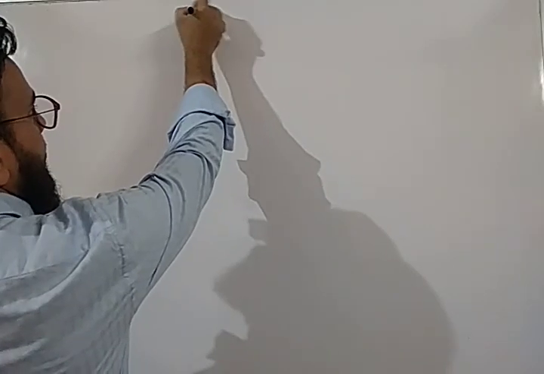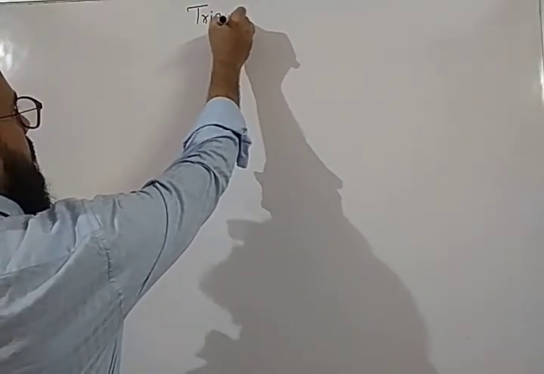Hello students. So in our previous videos we were discussing the chapter lines, angles and triangles, and we have completed one part of the chapter, that is lines and angles. Now we are coming to triangles. So we are going to start the second part of the chapter, that is triangles.